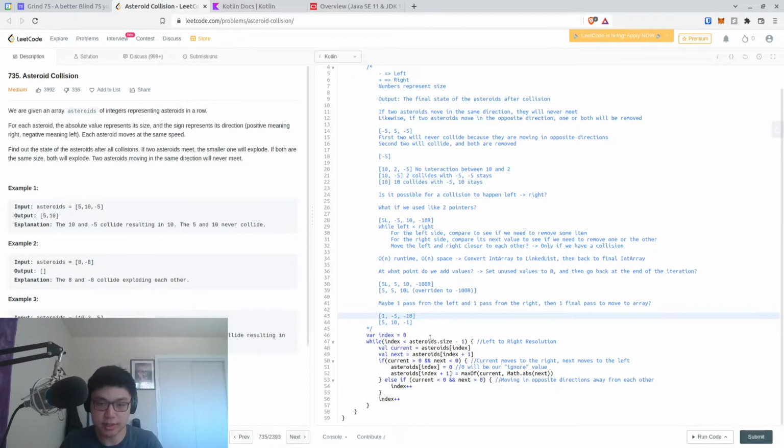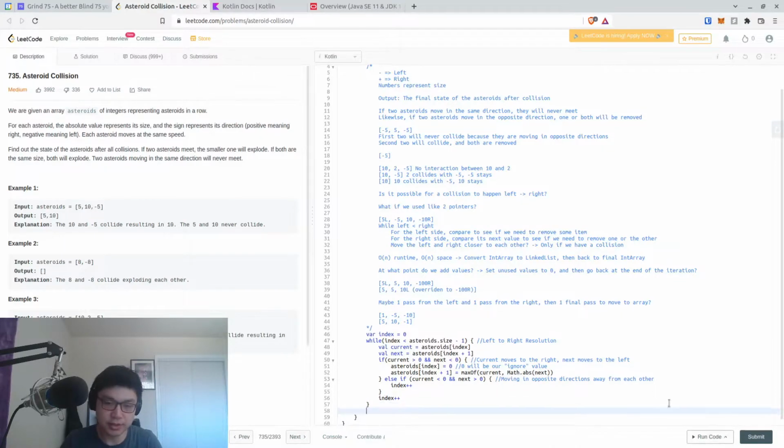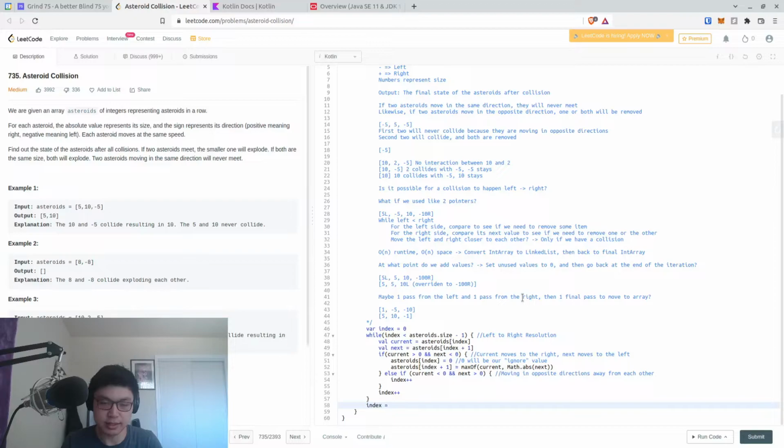And so to a certain extent, I don't think it actually matters that much that you're doing this sort of sequentially, like left to right and then right to left, because you'll still take care of all the pairs first. Though I do wonder if a simple right to left and left to right resolution would be enough. It'll be interesting. And then we set index to asteroids dot size -1,